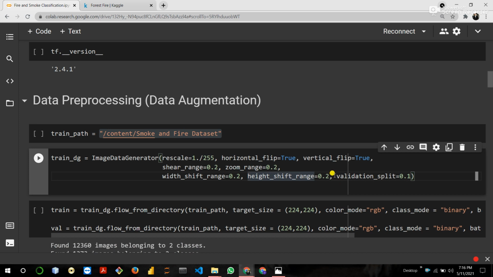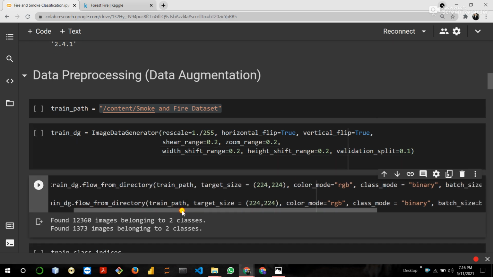But here, this parameter, validation split 0.1, basically means that the training data is divided in a 90 to 10 ratio. So 90% of the data is used for training and 10% of the data is used for validation.